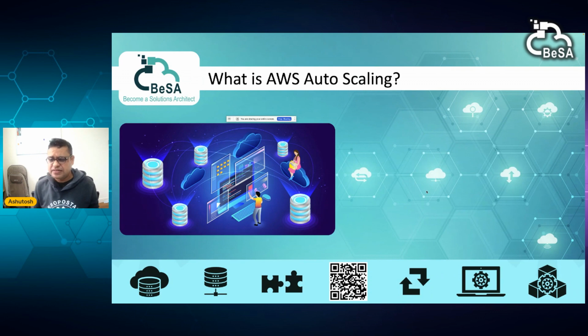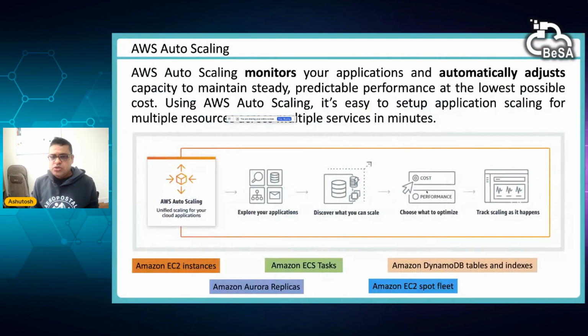You need to understand the logic behind it, and how to use it in your day-to-day design, right? So what it is, in plain and simple terms, is a service which continuously monitors your applications and automatically adjusts the capacity of your servers based on the predictable performance of your application, right?